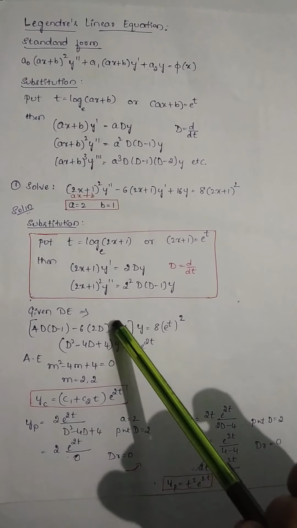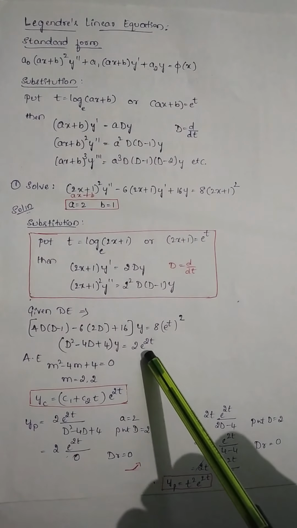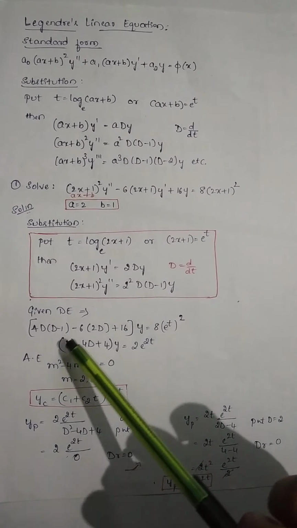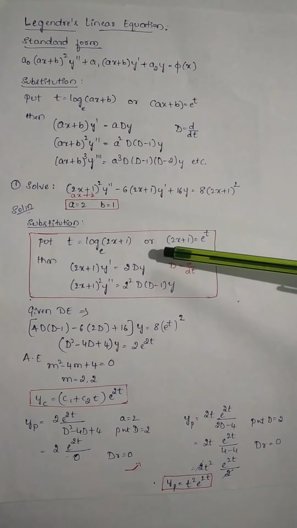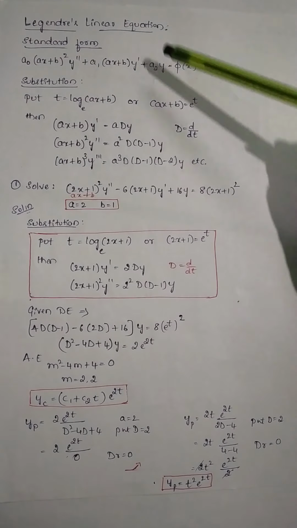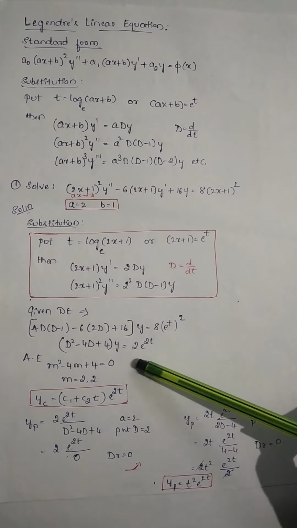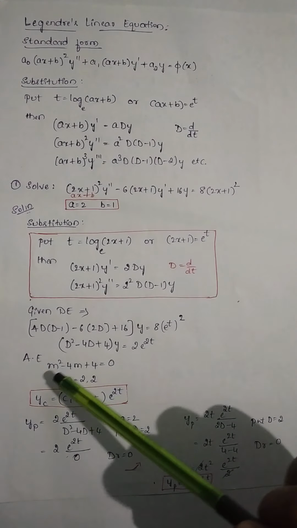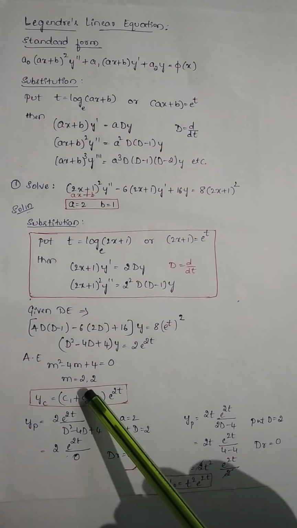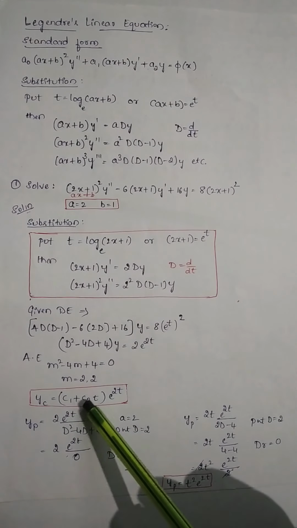When you simplify the left-hand side, you will get (D² − 4D + 4) y = 2 e^(2t). Now this is a differential equation with constant coefficients. So by using this specific substitution, we can reduce Legendre's linear equation to an equation with constant coefficients. As usual, writing the auxiliary equation m² − 4m + 4 = 0 and writing the roots,